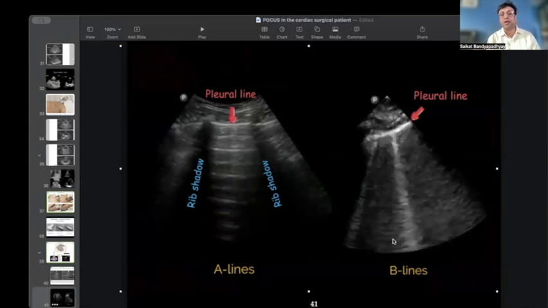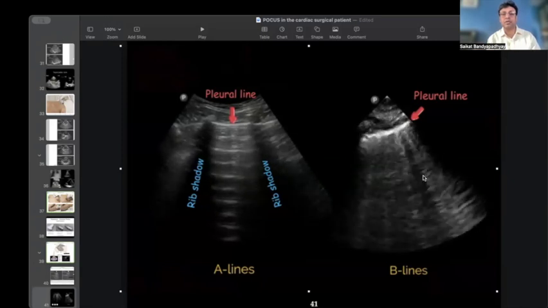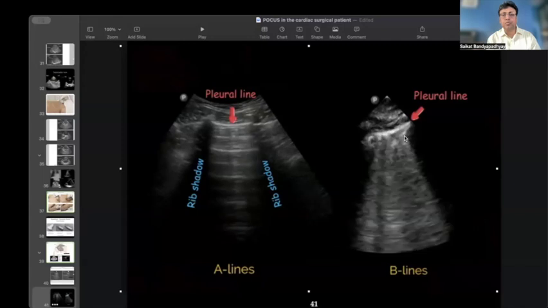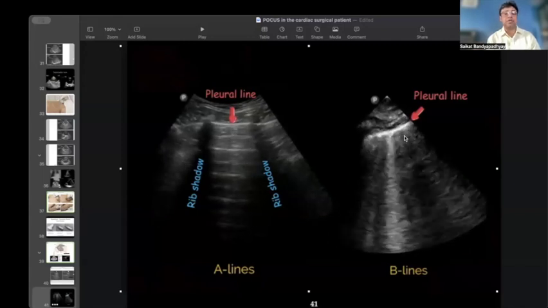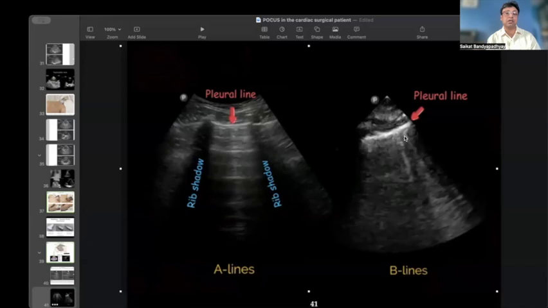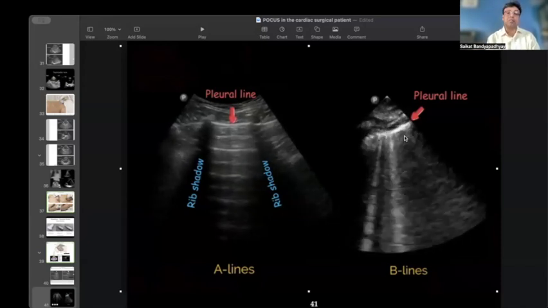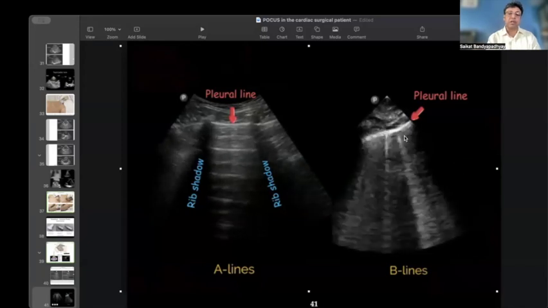Remember, B for vertical, not V. So these vertical lines, which are white lines, you can see crisscrossing the lungs. A few, maybe 2 to 3 in a lung, can be normal. But if you have too many B lines, it basically tells you that the lung is congested. And if you have a complete whiteout with a lot of B lines, it could be congestive heart failure,